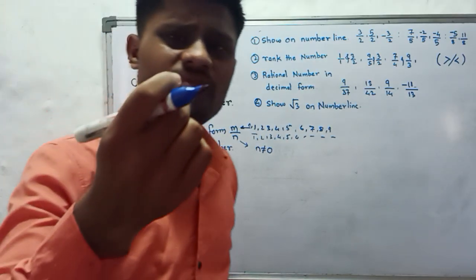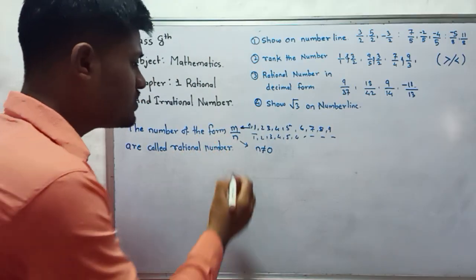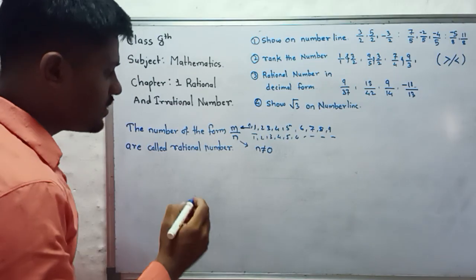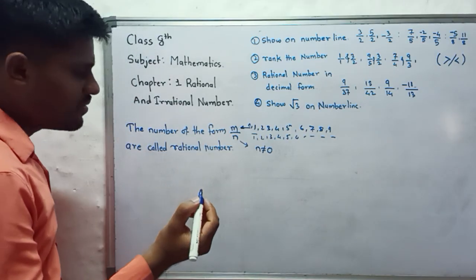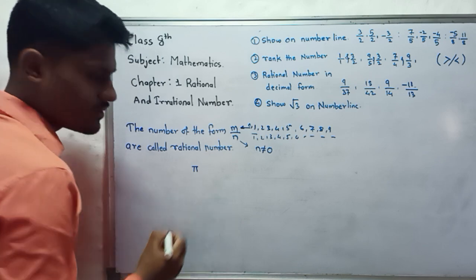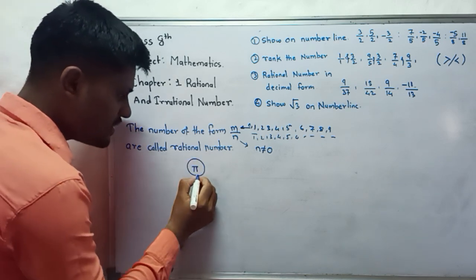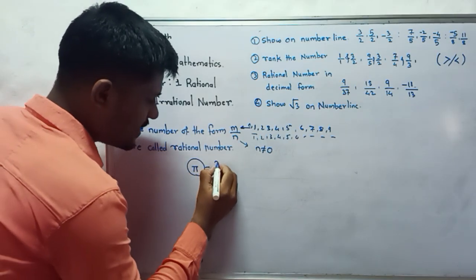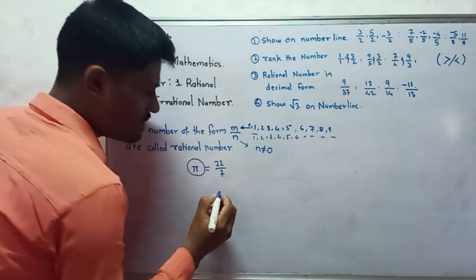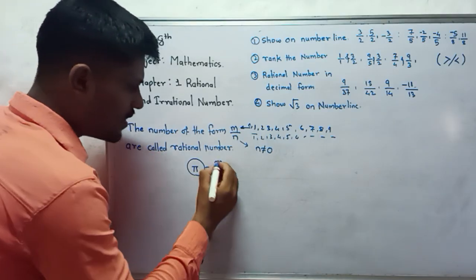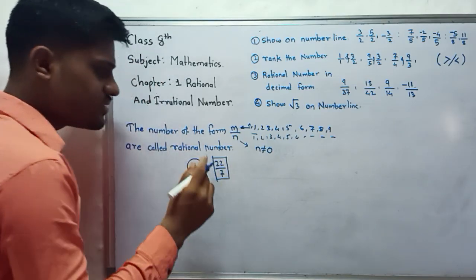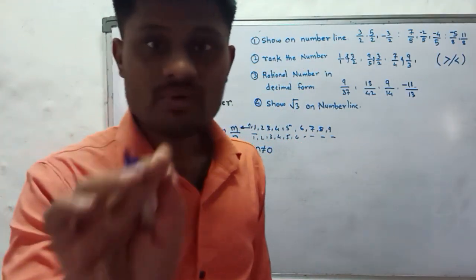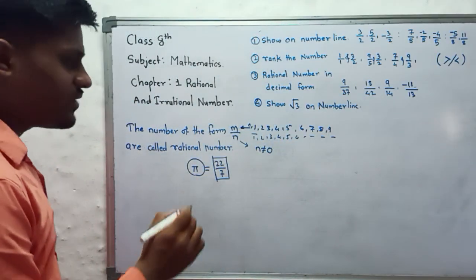What are the numbers that we cannot call rational numbers? Those numbers which cannot be represented in the form m by n. For example, if we take the number pi, we consider its value as an irrational number. Why? Because pi is actually 22 by 7. We are representing this number like this, but actually this 22 by 7 is an approximate value, not an exact value. So when we calculate its value